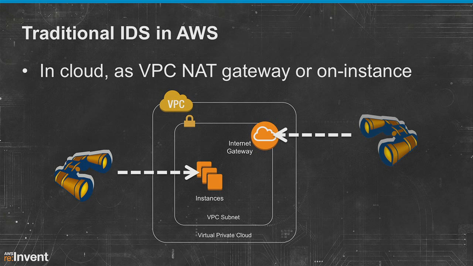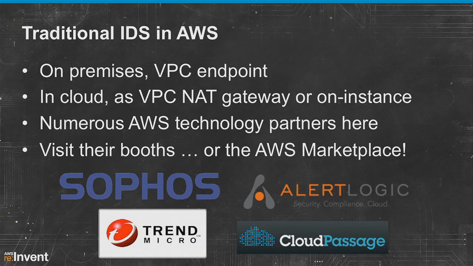Similarly, when you've configured VPC to leverage the internet connectivity of EC2 itself, you can deploy an IDS at a NAT gateway instance. Or you can do on-instance monitoring with host-based intrusion detection systems. Now, whether it's on-premise monitoring at your VPC endpoint, or you're doing something in the cloud with a VPC NAT gateway or on instance,